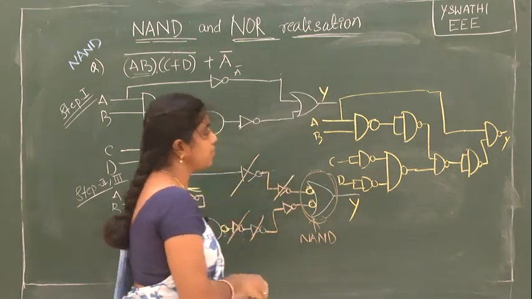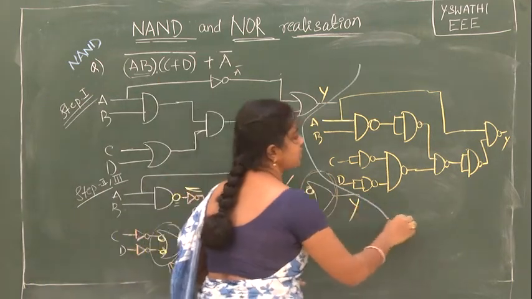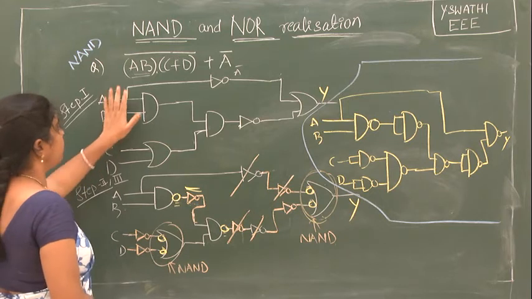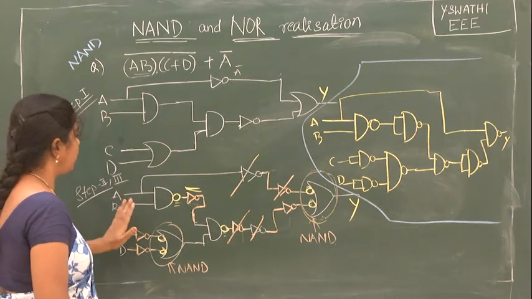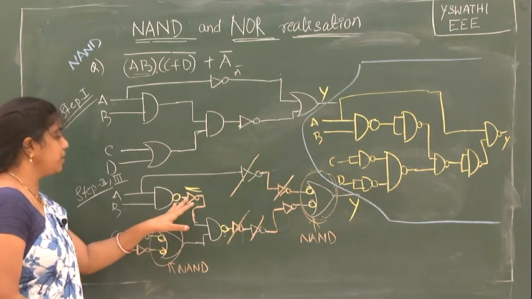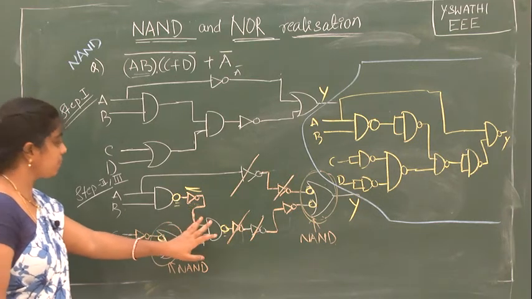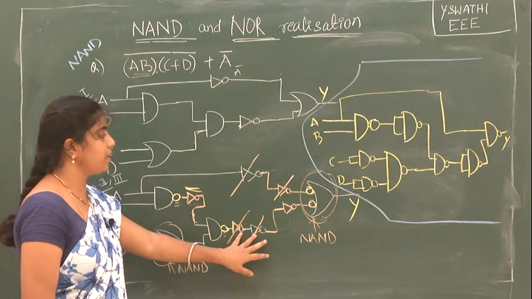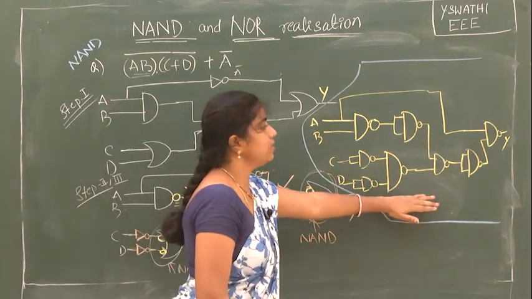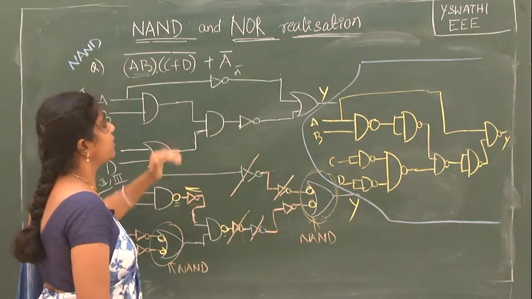So here the given expression can be represented in NAND logic. What we did first is represent it in AOI logic. After that, we bubbled the output of AND gates and the inputs of OR gates. Where we introduced the bubbles, we added inverters before or after, and we dropped the double inverters in the same line, and we represented the bubbled OR gate with a NAND gate, and at last we got the NAND gate realization. Now we will see the NOR gate realization of the same expression.